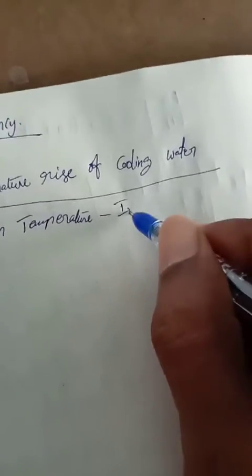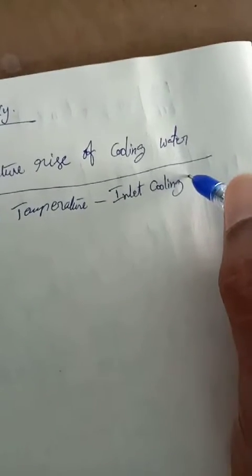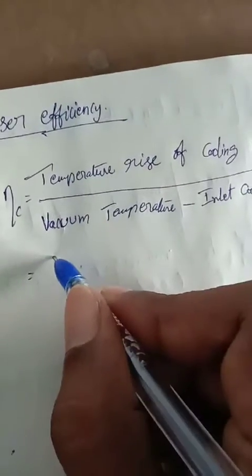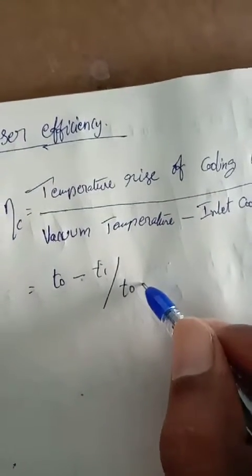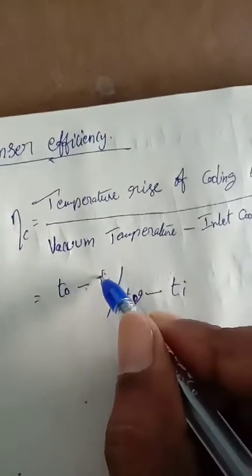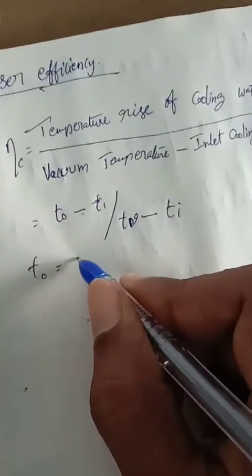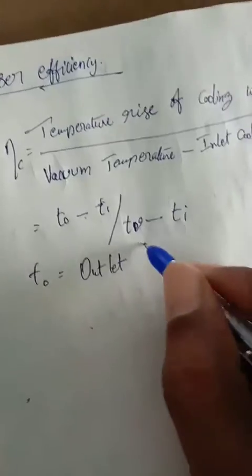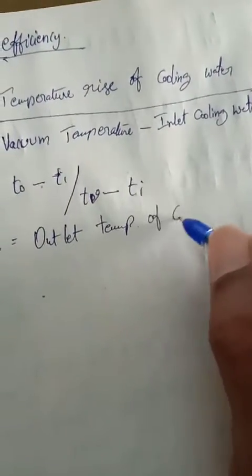minus inlet cooling water temperature. So here we get (T0 - Ti) divided by (Tv - Ti). Okay, here T0 is equal to the outlet temperature of cooling water,